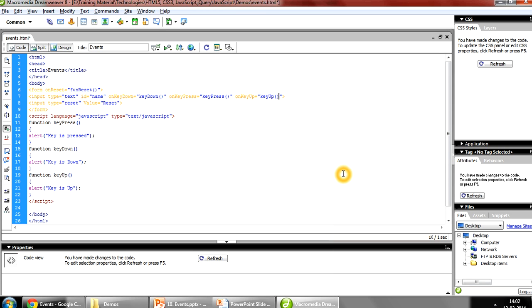So let's save it and refresh it. So you can see that a text box has the focus. So when I just press the key, it has the key down. When I just release the key, key is pressed because the key is released.